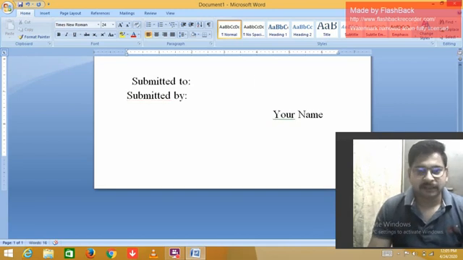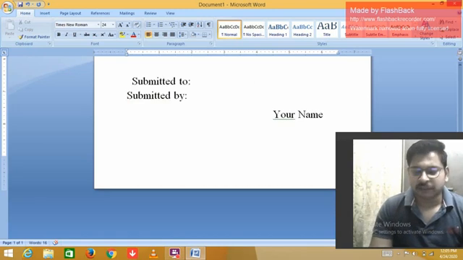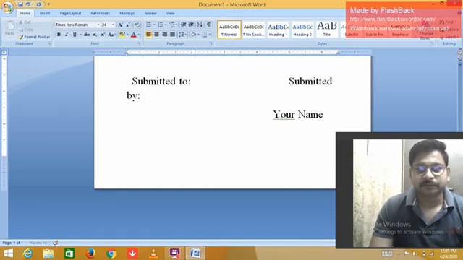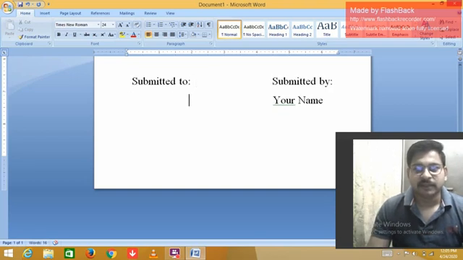If there is a text in another line, put the cursor in between these two texts and use the space bar key to make the text adjusted. Okay, as you see, the text is adjusted.